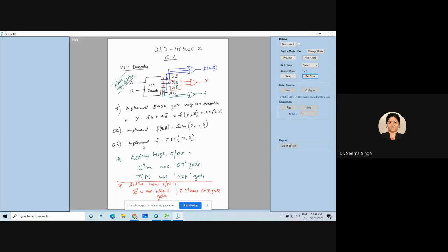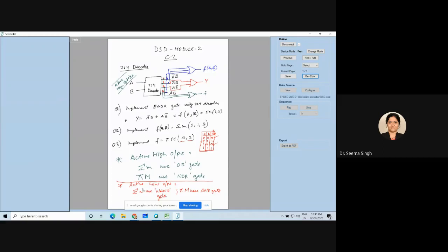This is how a truth table of maxterms looks, no? What does the maxterm table look like? It looks like, if you have A, B, and this is your output or F, I can say. What happens if a 0 comes? Its output should be a 0. If a 2 comes, output should be a 0. In the other two cases, output should be high. This is only the maxterm truth table, no? So the maxterm truth table wants 0 for the listed terms. So that is why we use a NOR gate here.